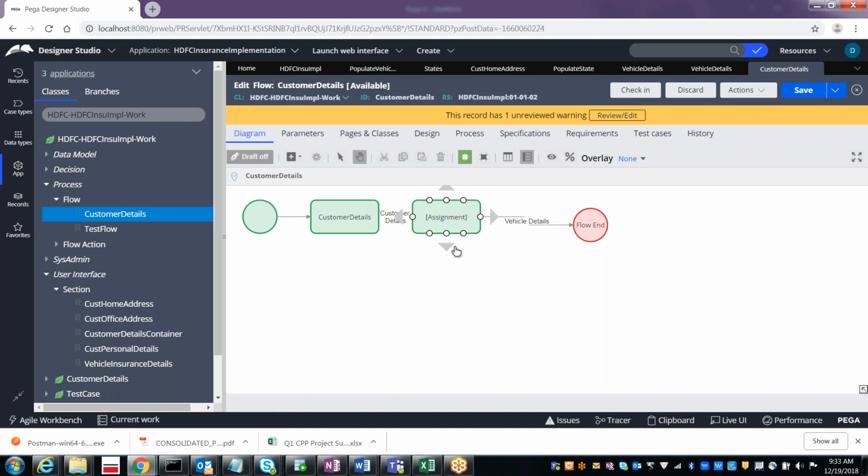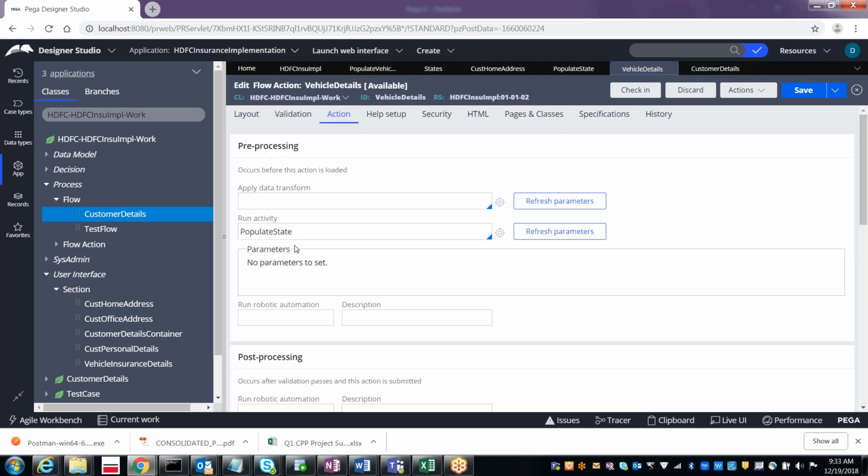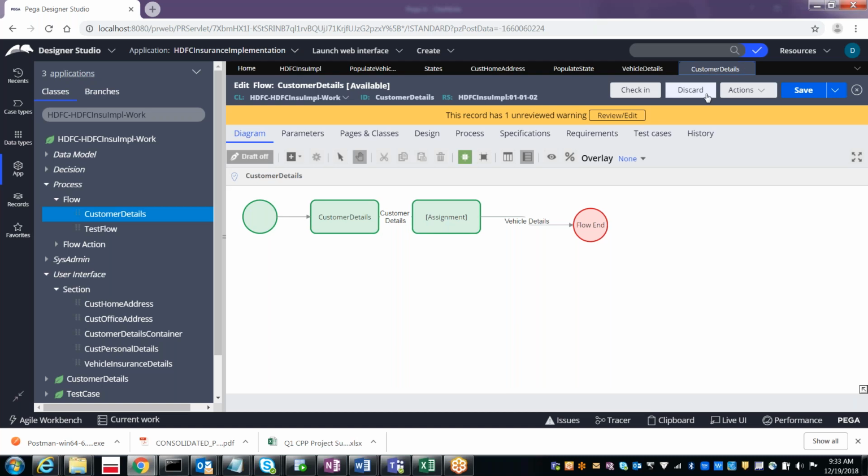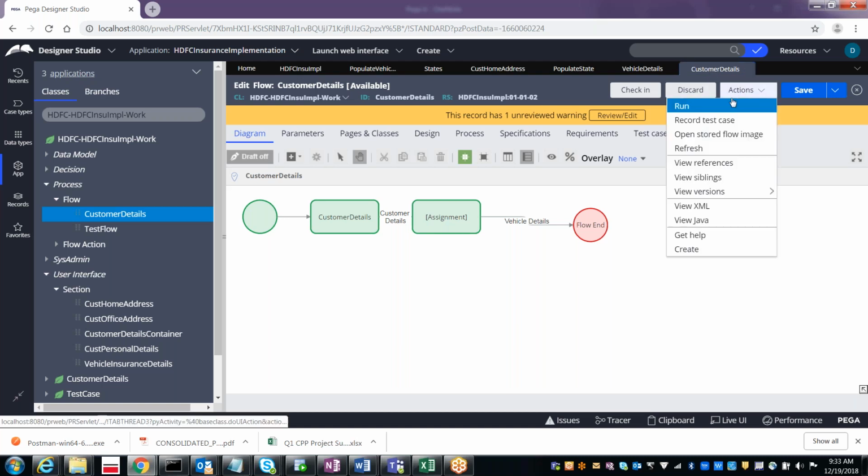What happened to my utility which I created? Utility not created. Yeah, we have given it in the flow action, right? So when you give it in the flow action, populate state, that is fine. So we need not have the utility, because we have given it in the flow action.